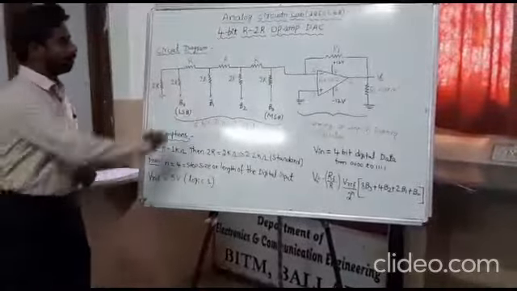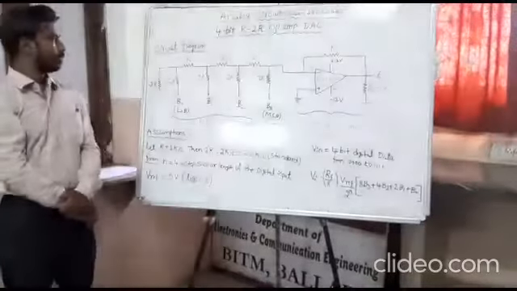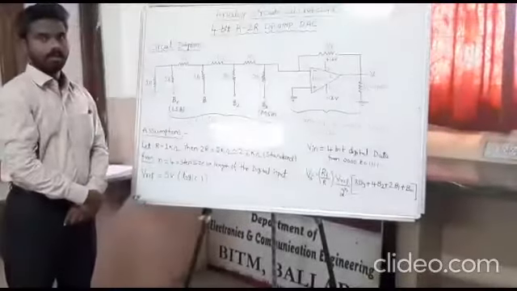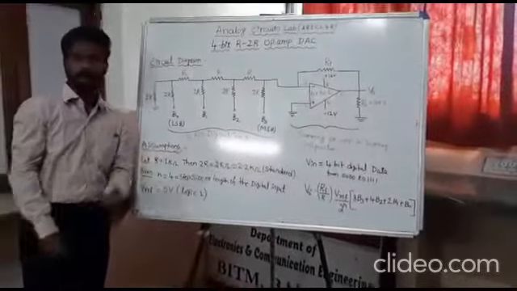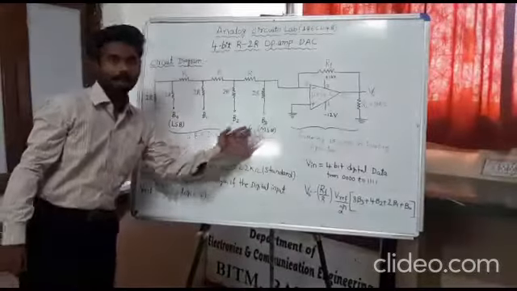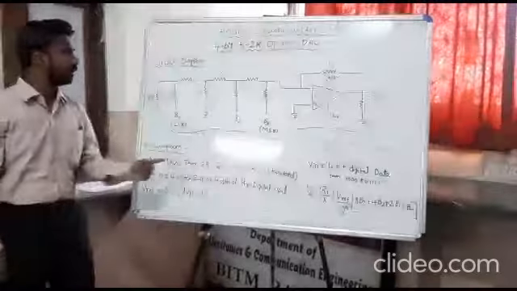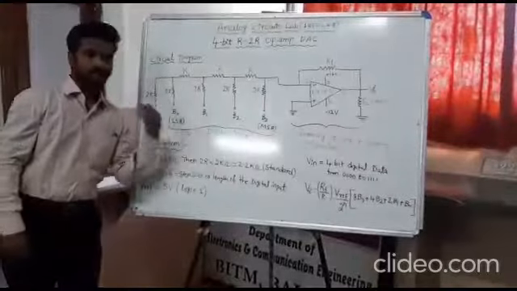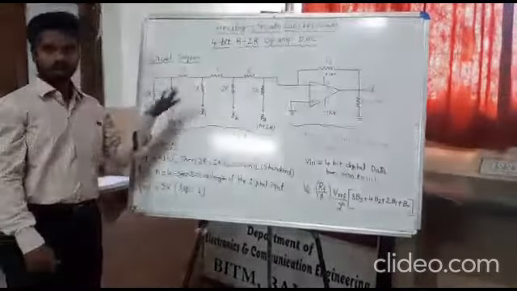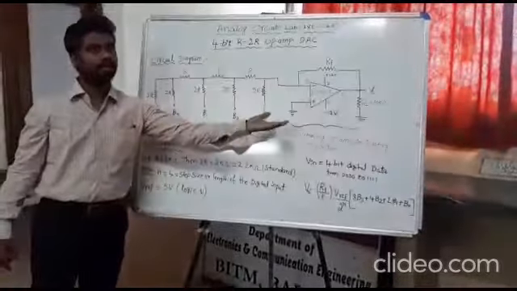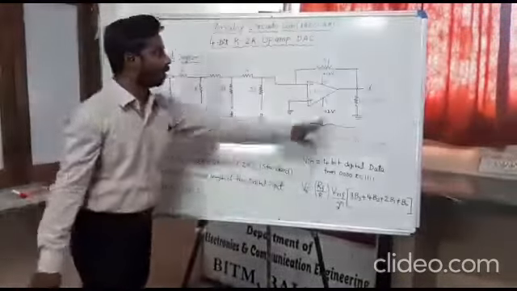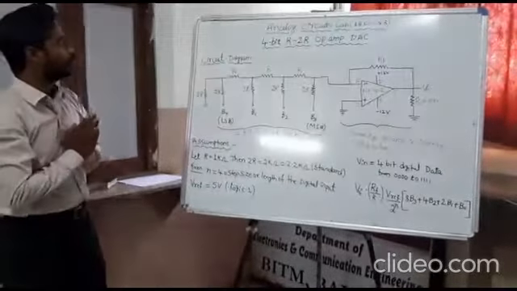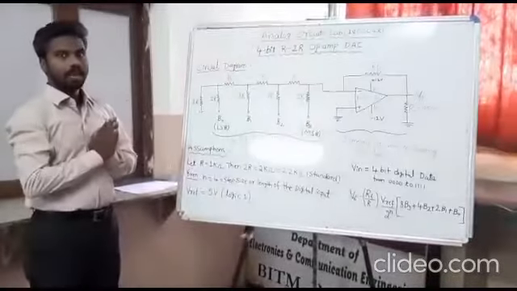So in this R-2R ladder circuit, the R value is connected in series and 2R is connected in parallel. With respect to the 4-bit digital input, the rightmost bit is MSB and the leftmost bit is LSB, denoted by B3 and B0 respectively. Once the digital input is given to this circuit, the corresponding analog output is expected at the op-amp output at pin number 6. Okay, this is your circuit diagram of the 4-bit R-2R DAC using op-amp.